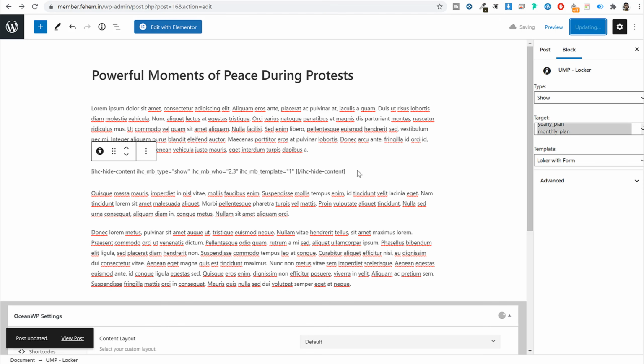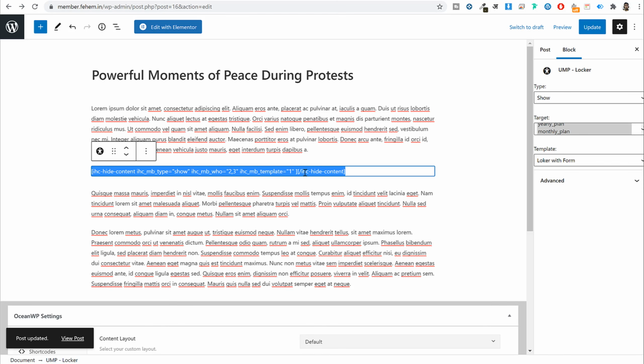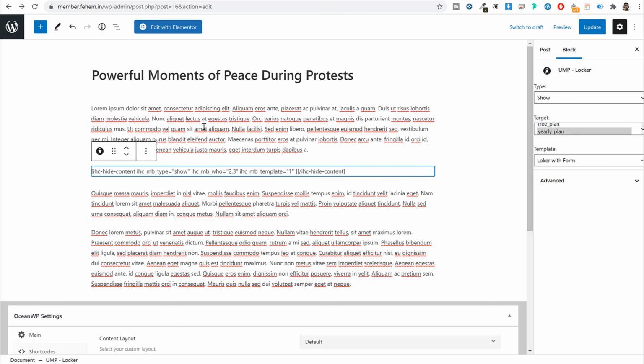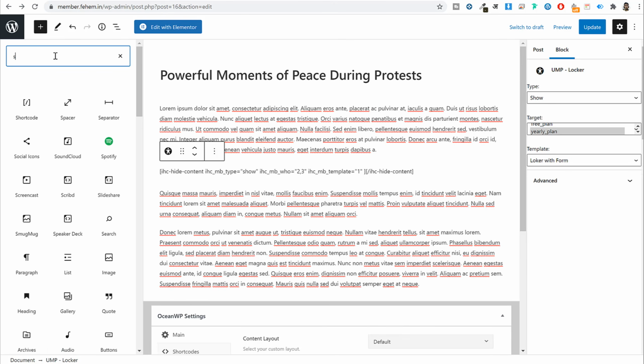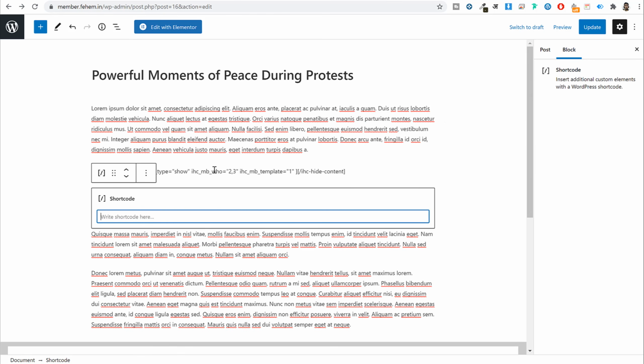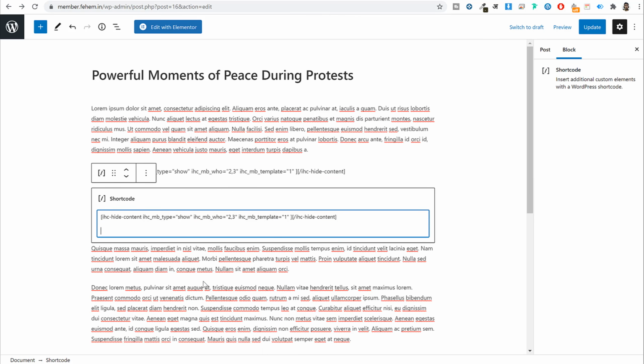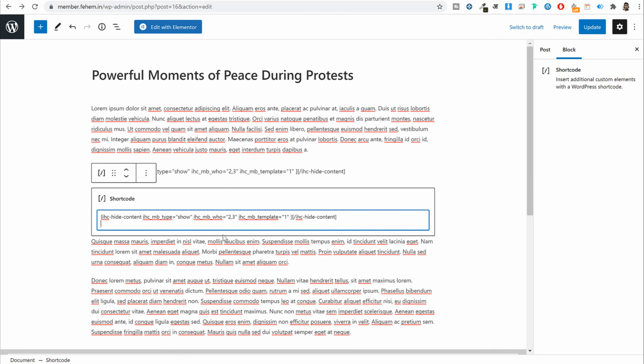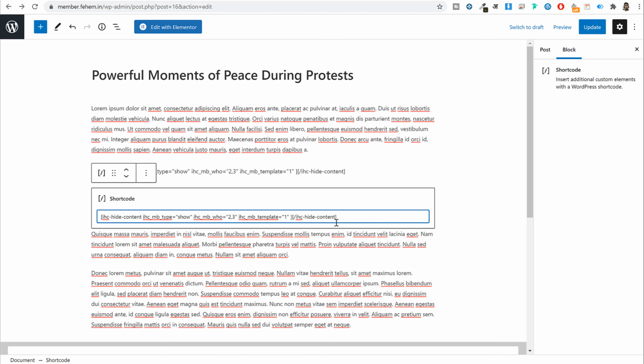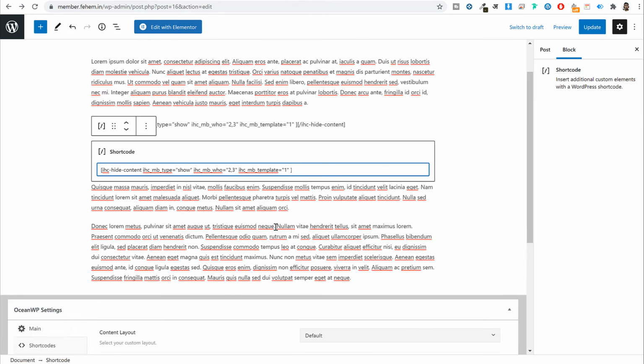But you have to do one thing. Actually, if you just do it, it will not work. After this, I just wanted this code. Once you set all these options at the right hand side, you get this code. Now below this, you can click on the plus button, add a shortcode. Search for shortcode, add this below it. Now copy all the code from the top, paste it under this shortcode. Now delete the last part of this shortcode, only this much. If you see my screen, only this much. Delete this part and paste it at the bottom.